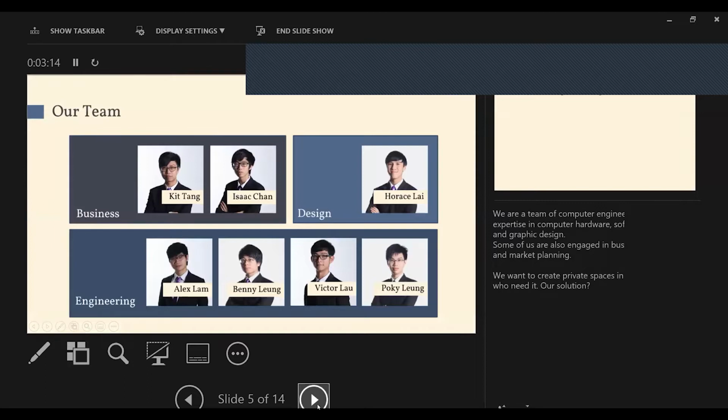We are a group of computer engineers with experience in computer hardware, software development, and graphic design. And some of us are also engaged in business development and market planning. We want to provide private spaces to those who need it. And our solution,